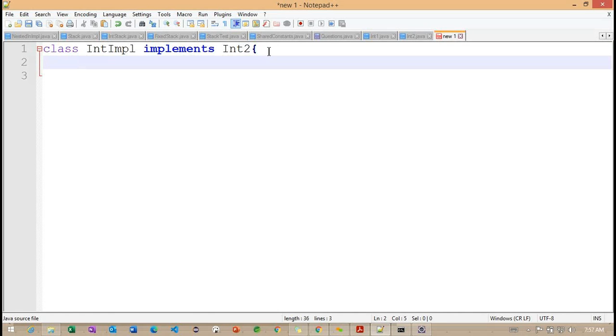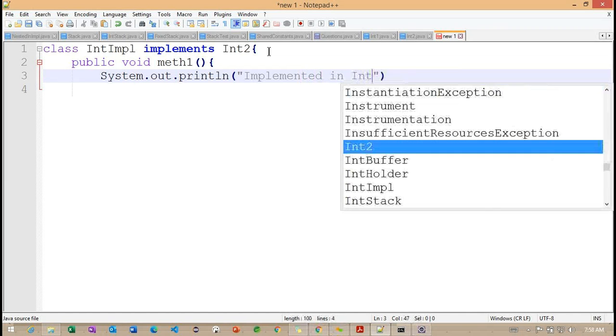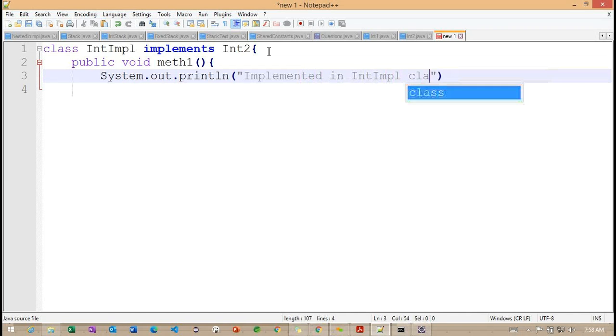Now I want to define each method. I'm not going to write much code here, so simple. Public void, this particular method is implemented in our IMPL class.